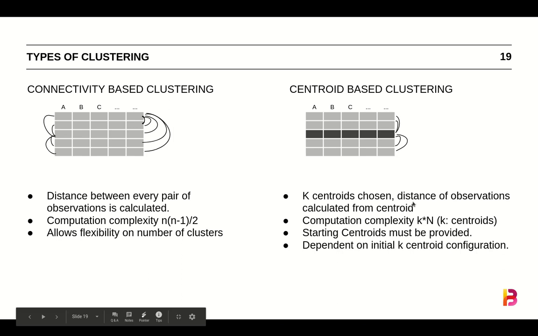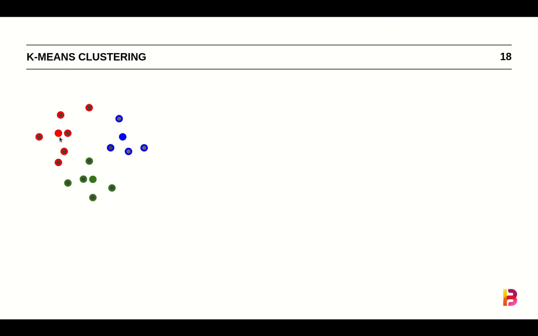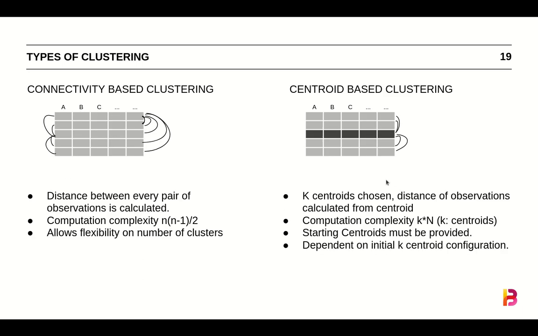Compare this to centroid based clustering, where we need not calculate the distance between every pair. Now what we are calculating is the distance of every observation to a cluster, not amongst themselves. So if we have n points, all of these n points, we would first calculate the distance to centroid 1, then to centroid 2, then to centroid 3. So n times 3. In general, we can say that given k centroids, the computation increases at the speed of k into n. Now n square versus some constant into n.